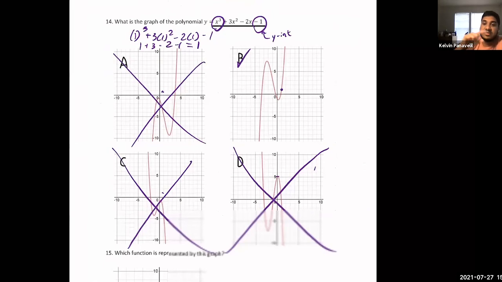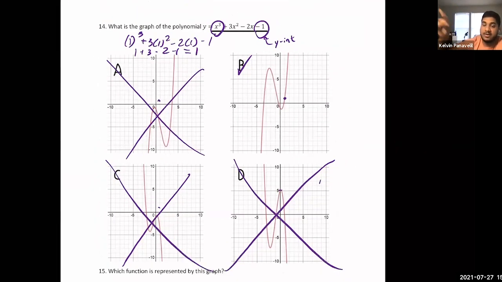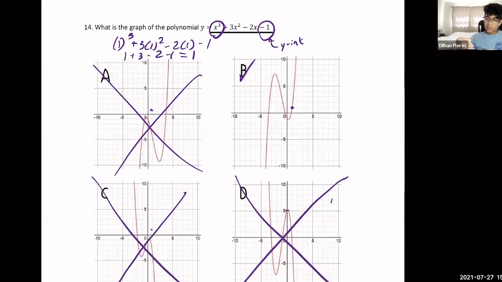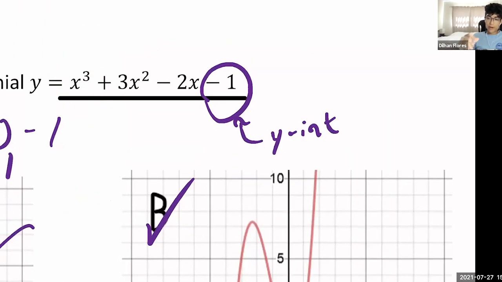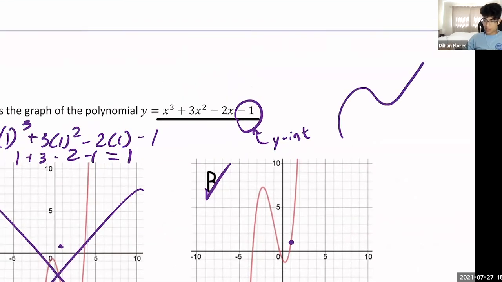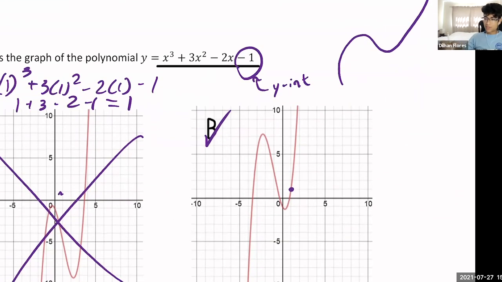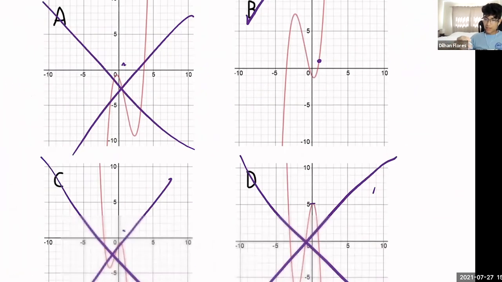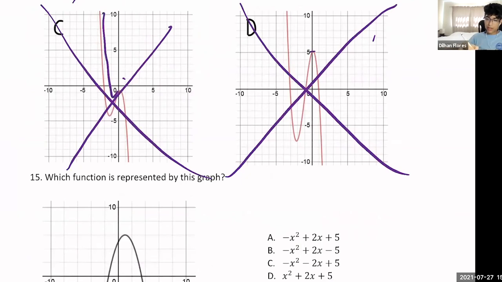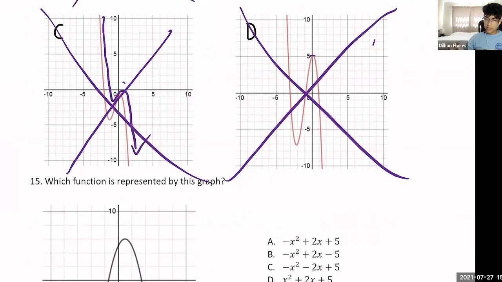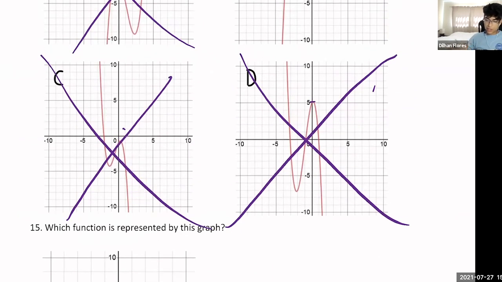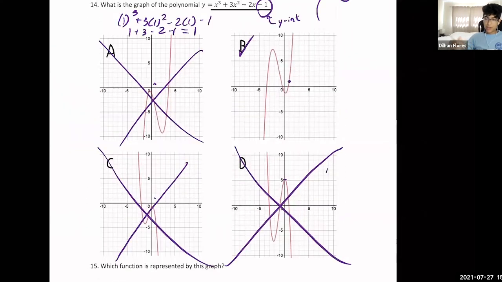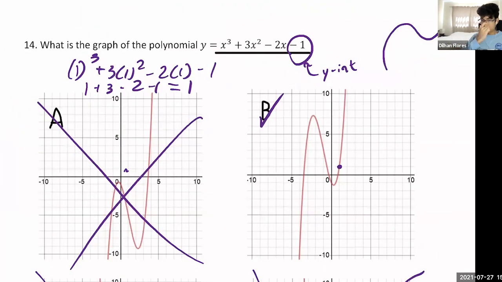We see it's positive, which means it's going to start by going up, right? And then down. So that's another key technique here. That x cubed has a lot of power. You know the parent function x cubed gives a function like this, right? This is a positive x cubed, and negative looks like this, where it starts up and it goes down. These two are negative, so we know for sure it's not going to be C or D. And then we just have to plug in a point for this one, because these are heading positive, so we know they got at least that going for them.